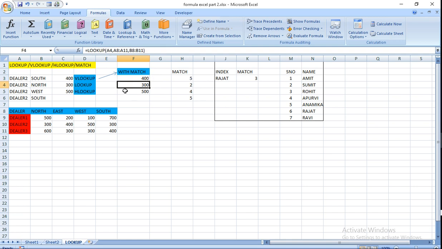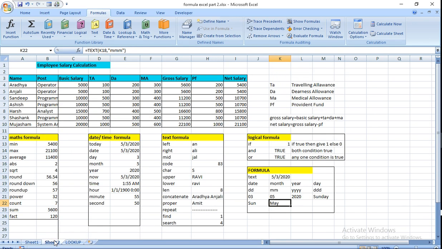Just try it at home and get the proper result. Learn all the formulas. I have finished the formula menu today. Tomorrow I will tell you another menu. These are very advanced features which are not in your course, but if you want, you can request me or inquire, then I will tell you. Okay students, write all the formulas in your copy one by one, following my sheet, and you will get the formulas right in your copy and learn them properly so you can cope with the exam.